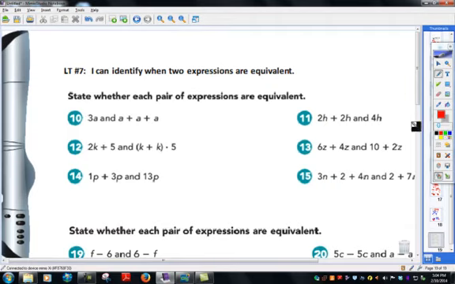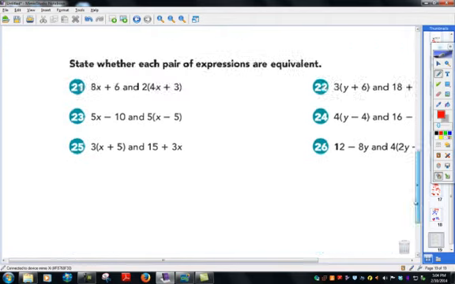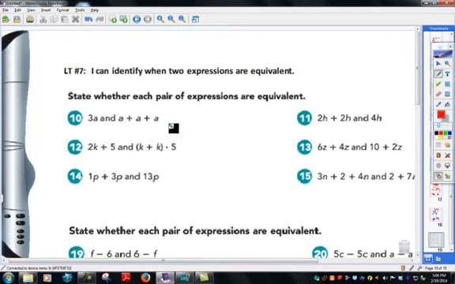All right, now, I got a lot of questions on here. A lot of questions we can work on, so please pay attention. This reviews a lot of learning of chapter 7 right here. It all boils down to this. It all comes back to this. You'll see what I mean here in a minute. For instance, it says state whether each pair of expressions are equivalent. So you have to tell me if these two are equivalent. Well, in order to tell me if they're equivalent, you got to know learning target number 5, which is combining